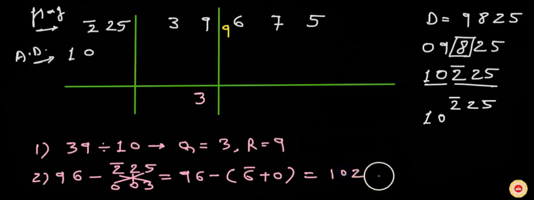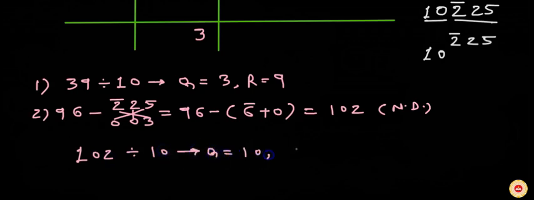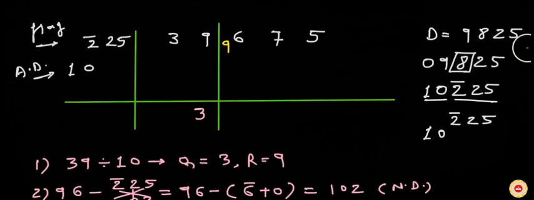Right? So this is the net dividend. Now let us divide the net dividend 102 by the actual divisor 10, which gives us quotient 10 and remainder 2. So let us write quotient 10 below the gross dividend 96, and let us write remainder 2